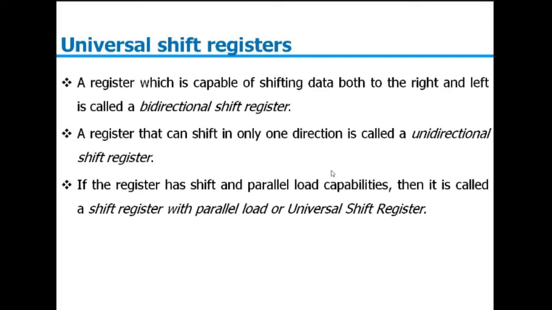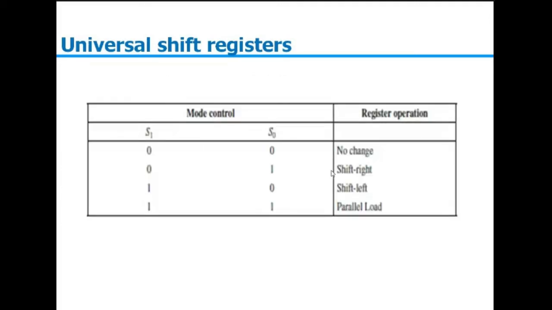So in the 4:1 mux, we will be having two select lines. So depending on the two select lines, we will be assigning their operation. So for this particular example that we are studying here, 0 0 is representing no change. That is when S0 and S1 is 0 0, there is no change. Whatever data is present at Q0, Q1, Q2 or Q3, if we are talking about the 4-bit shift register, then that will be in the hold position, you can say. For 0 1, it is the shift right operation. For 1 0, it is shift left operation, and for 1 1, it is the parallel loading.